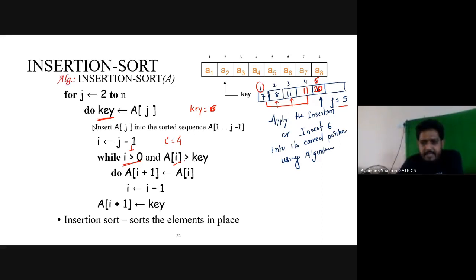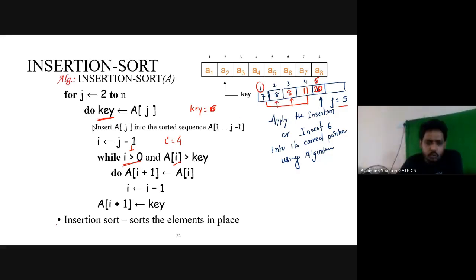True. A of i, 8, is greater than 6. Again true. So a of i plus 1 is equal to a of i, and 8 will come over here. Then i is equal to i minus 1.